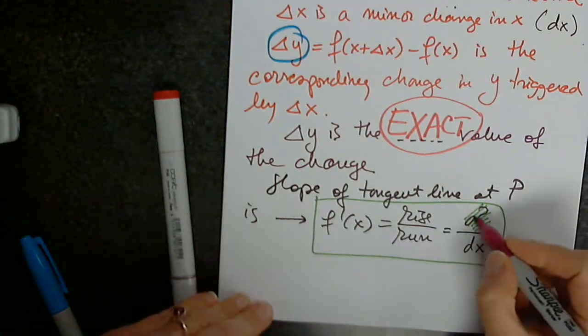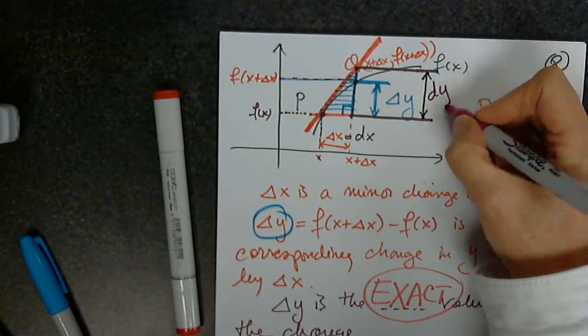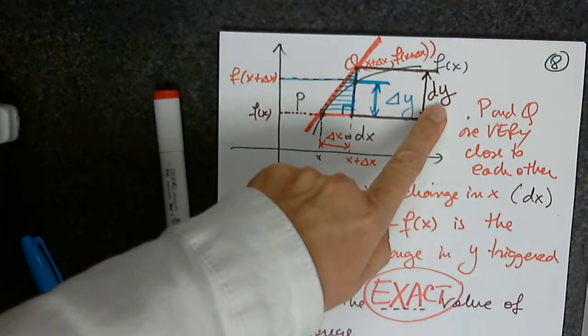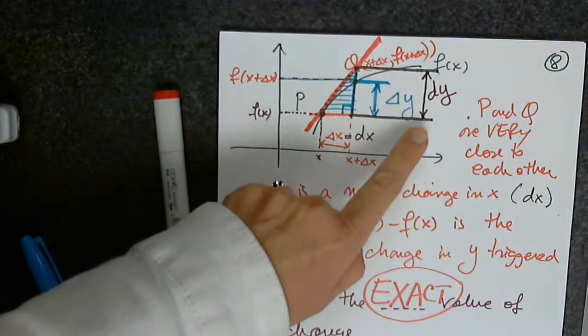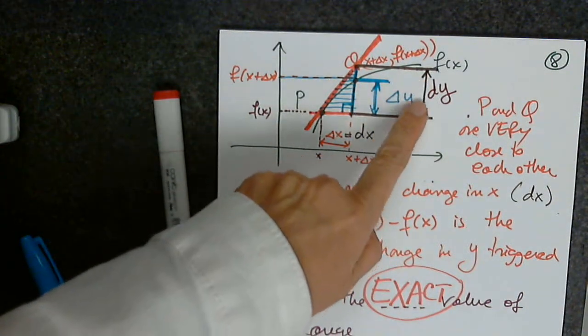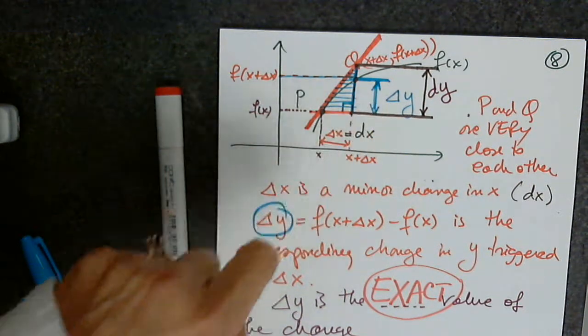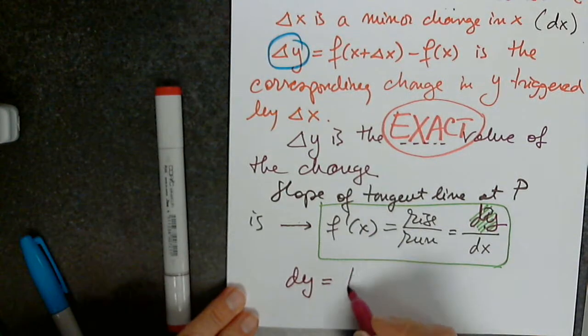There is nothing else. So therefore, this is what is called the differential of y. This is the exact difference in y. This is the approximated difference in y. So dy equals the differential